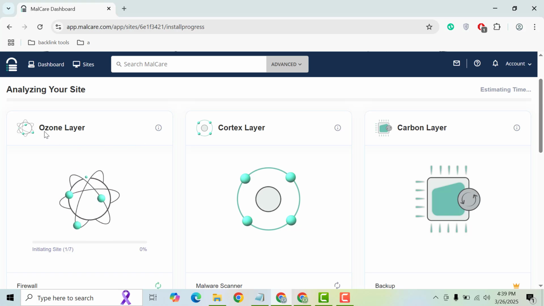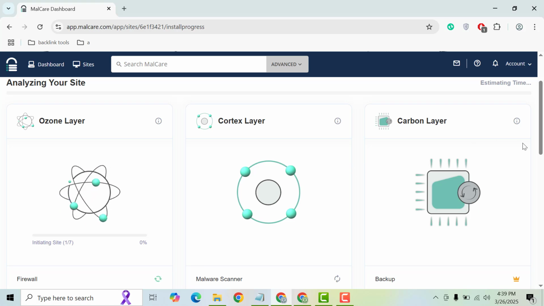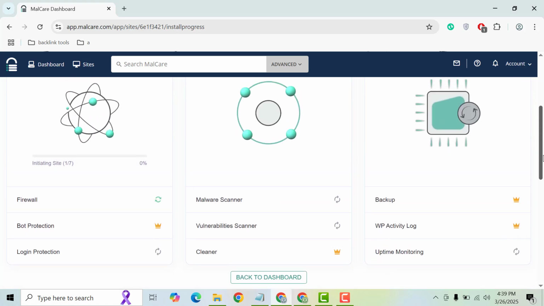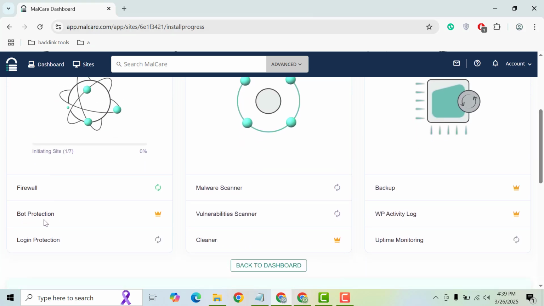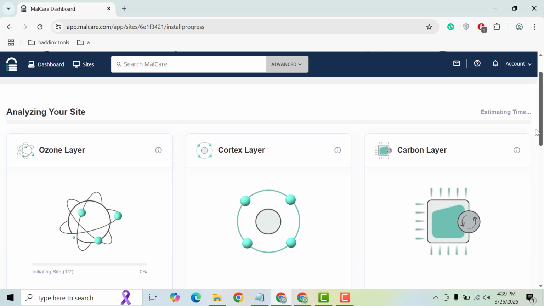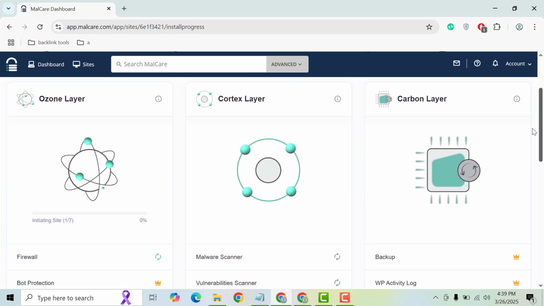So three layers: ozone layer, cortex, and carbon layer. It will scan your website in these three sections and layers. In the first stage, it will scan firewall settings, bot protection, and login protection. In the second stage, that is the cortex layer, malware scanning, and then vulnerabilities cleaner. And in the last stage, that is the carbon layer, it will scan backup, activity log,